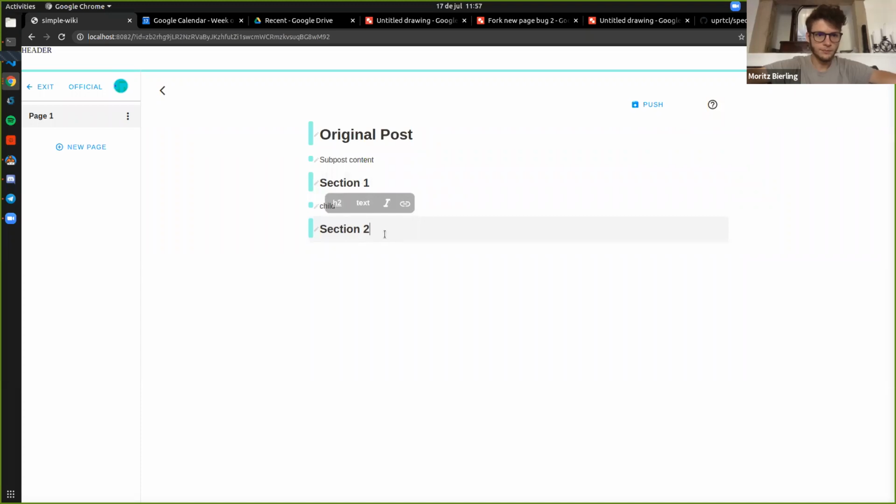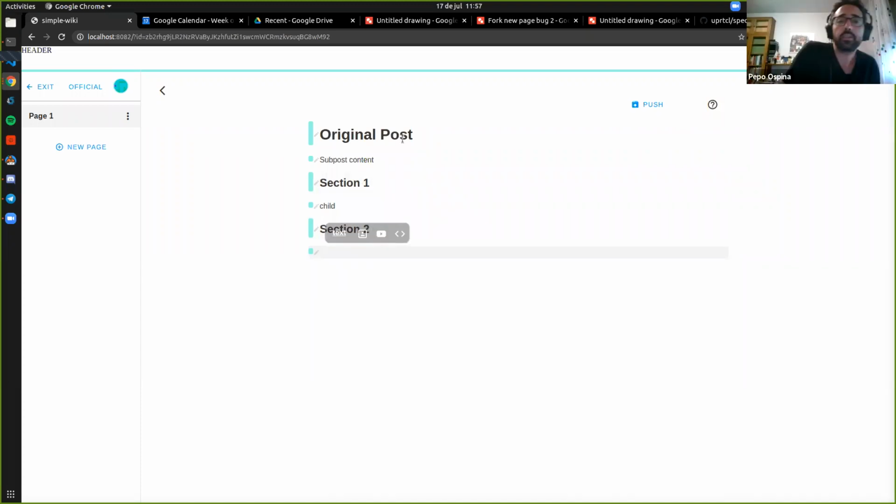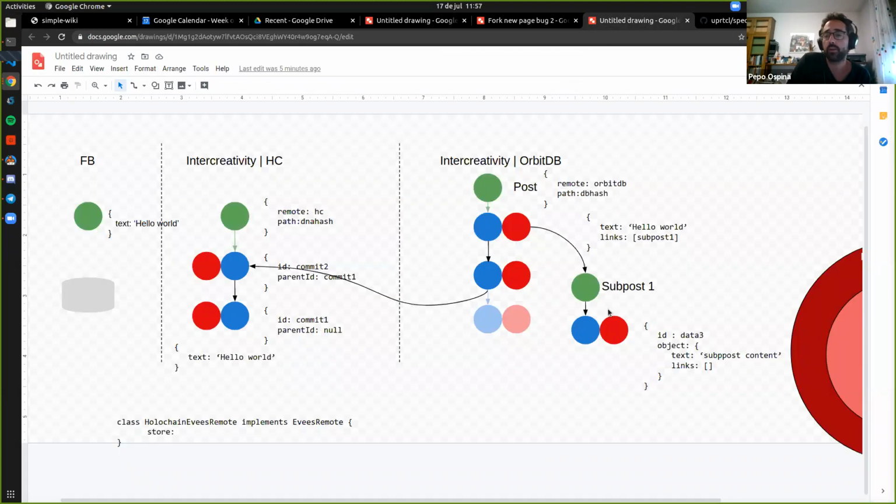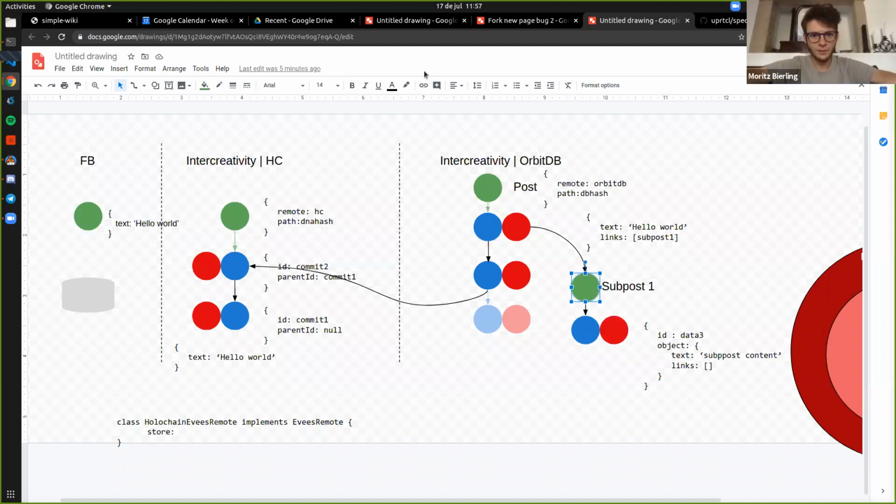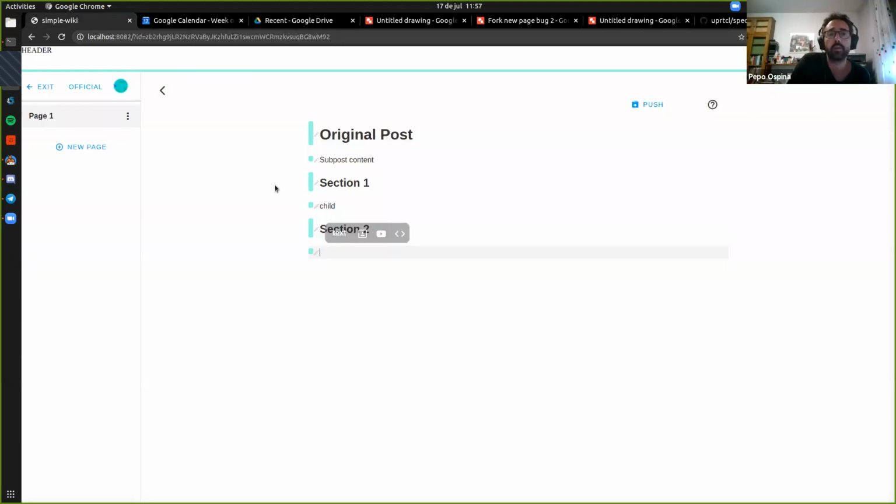I'm explaining this to show that while I am editing this, I am basically building a relatively complex hierarchy of Evees that are linked together.